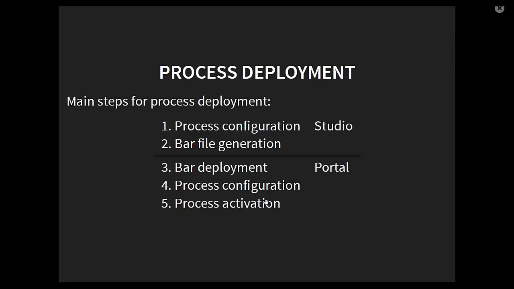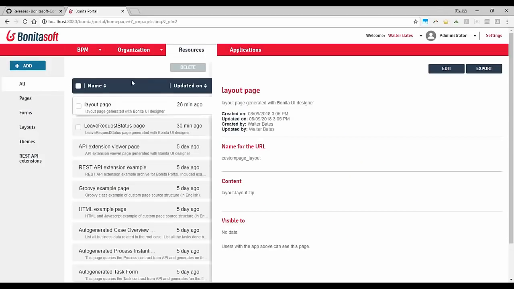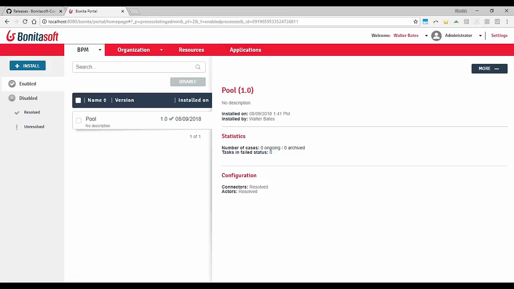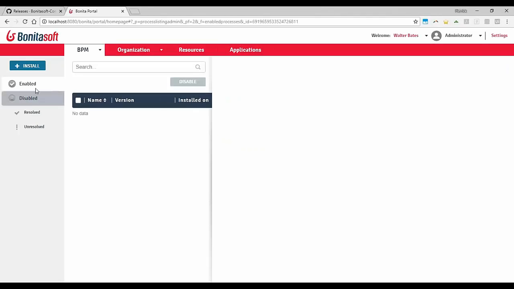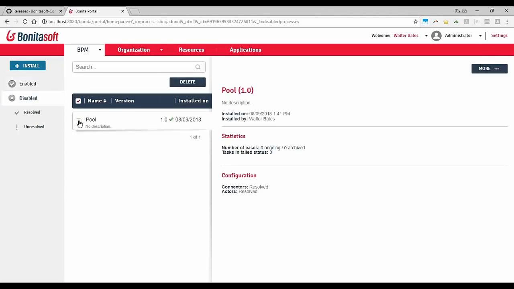And then you have what we call the process activation. This is something that is important to understand, so I will show you quickly. When you have a process here, what you can do is enable or disable it. Here it has been enabled because it was configured well, and automatically when you go on your studio, it enables it because you're testing. But you can manually disable it, and you can only delete a process with all associated cases, by the way, if it's disabled.